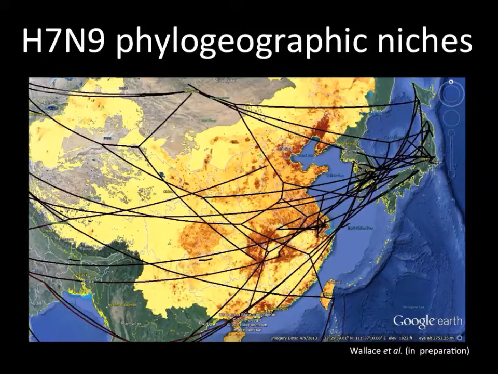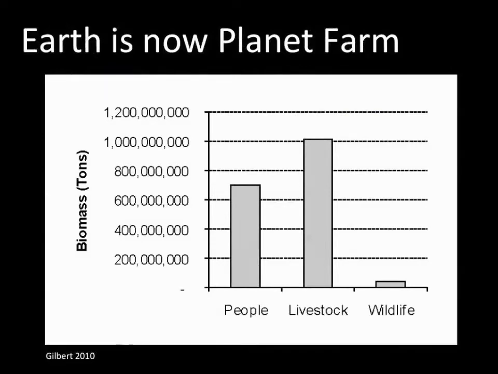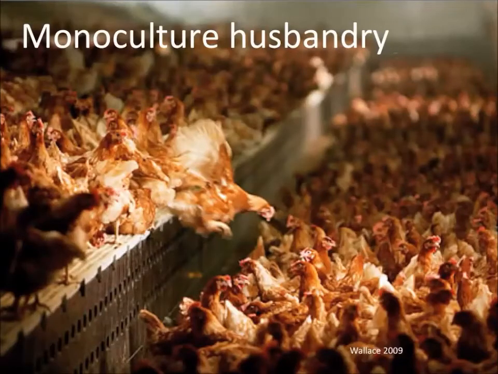So, we begin with Earth's transformation into planet farm. Exploding populations of livestock, overwhelming wildlife in biomass, are being driven by the global spread of a vertically integrated filière by which all the nodes of animal production are placed under one company's roof, from fertilization to freezer. Thousands of poultry and livestock, veritable genetic monocultures, are put into barns and confined animal feedlots. Indeed, 90% of broiler chickens and turkeys are now produced in houses in which 15,000 to 50,000 birds are confined